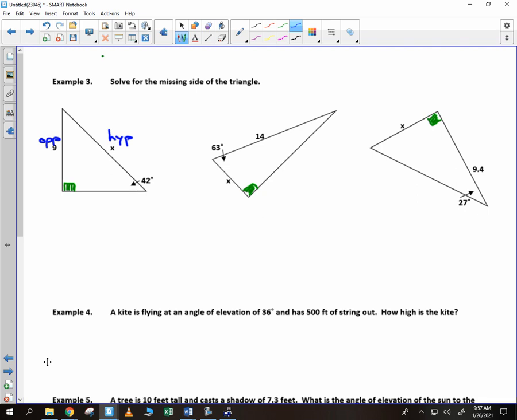Which of the three trig functions will I choose to use? Sine, cosine, or tangent? Let's list it off and see what we get. SohCahToa. You can see that opposite and hypotenuse are connected with sine. So therefore, I choose sine. That's how you decide which one to use. So we write out sine of my angle, 42 degrees, is equal to